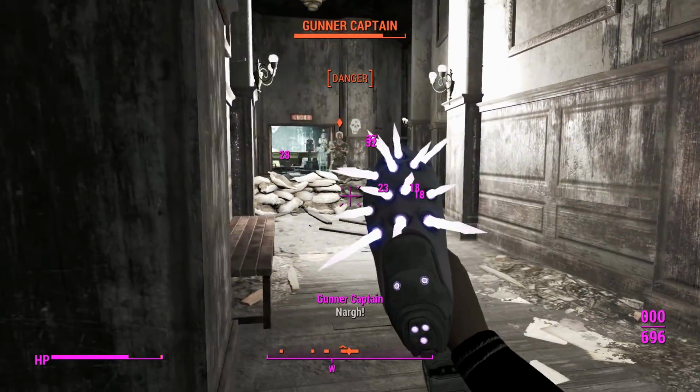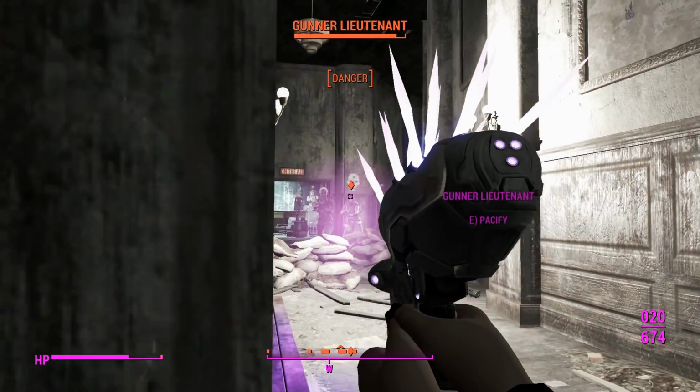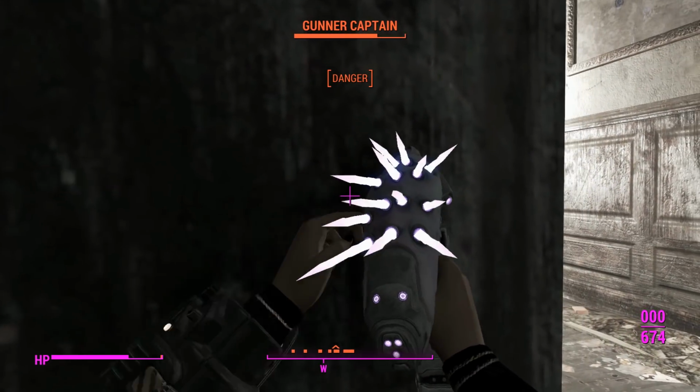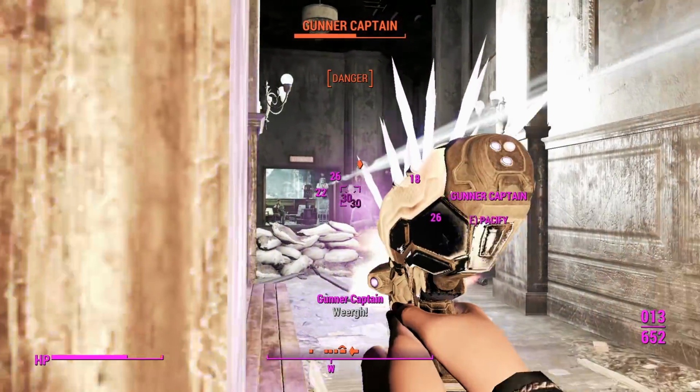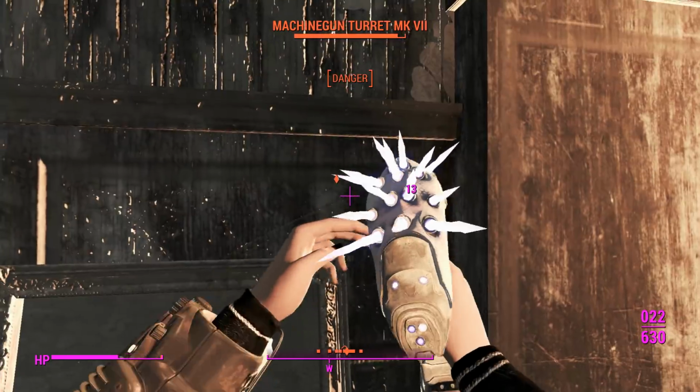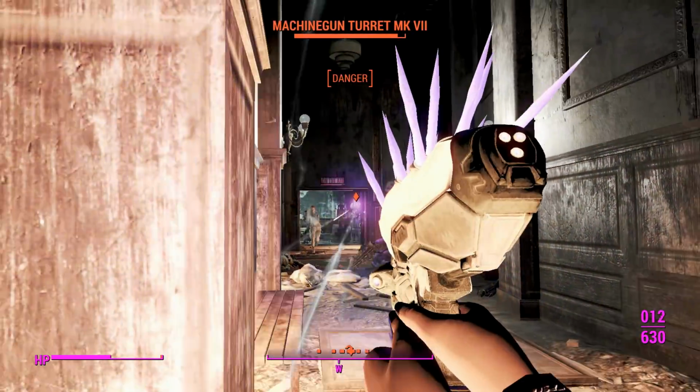So we'll just zero in on here. We'll try to take out these gunners one at a time to make the best use out of the Furious effect. So I should probably mention this is out of the Commonwealth Spartan mod that came out recently on the Nexus. This is another mod distraction. I've been meaning to get to